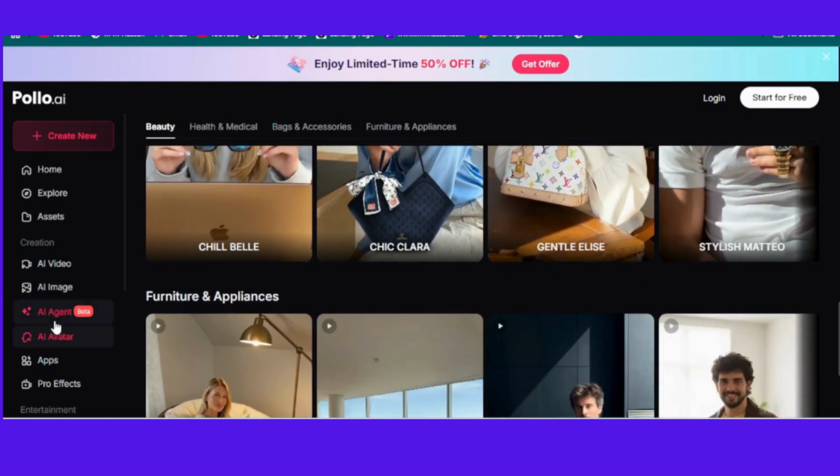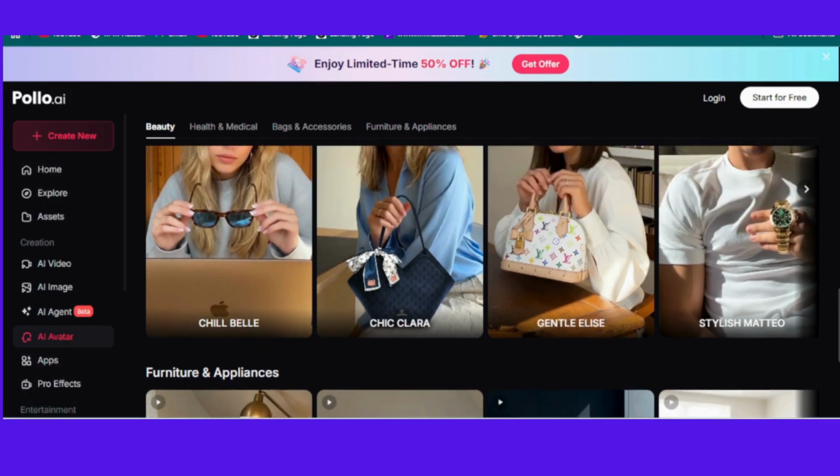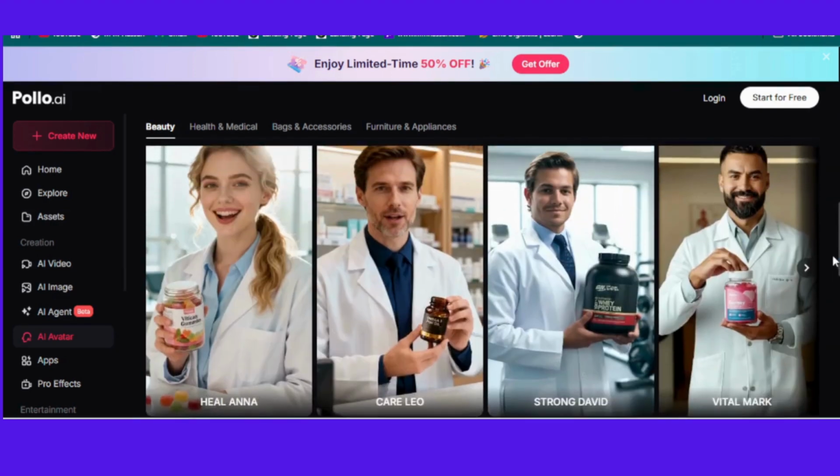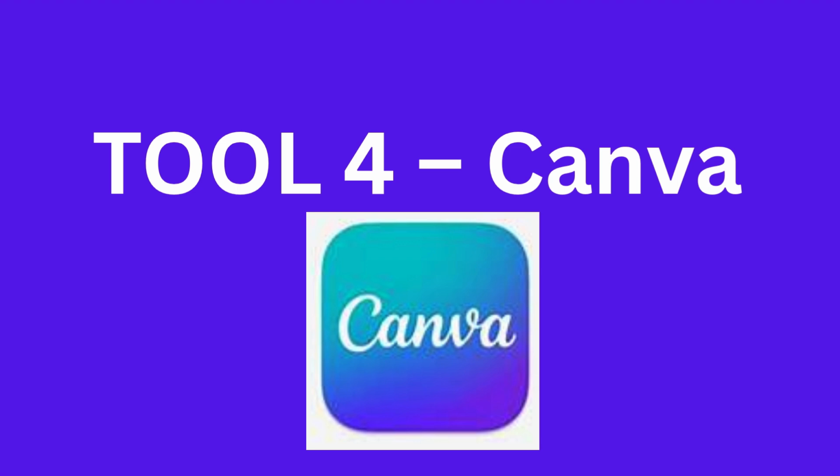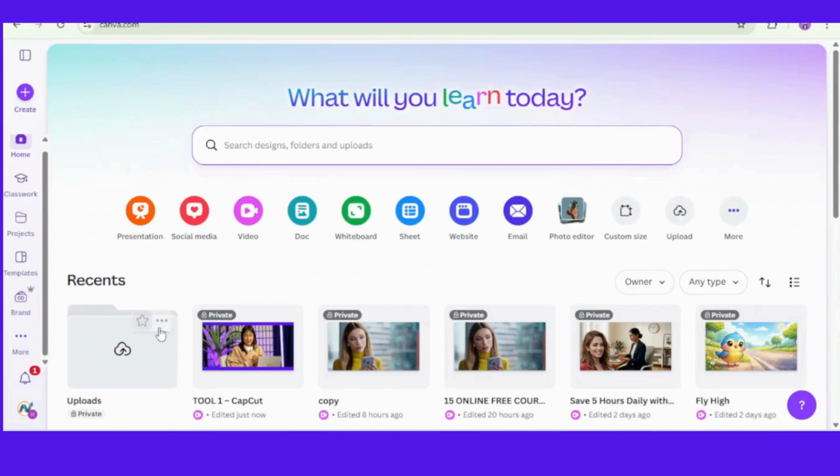What makes it powerful is convenience. Everything happens in your browser. So if your goal is fast, clean, professional-looking videos, VEED is a great choice. It creates high-quality video and animation. Tool 4. Canva. Now, most people think Canva is just for thumbnails or posts, but let me show you something